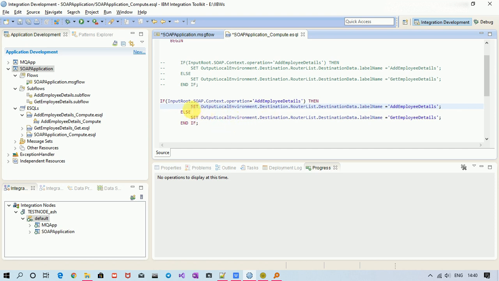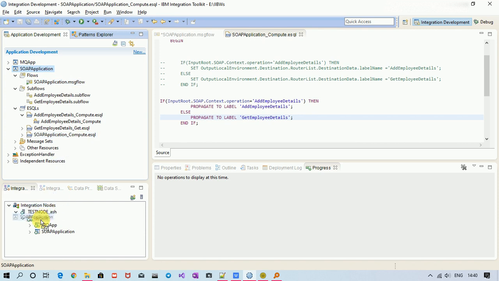So instead of writing this line, just write propagate to label this one. Similarly, propagate to label this one. So let's see how this code behaves. Let me save it and deploy it again.